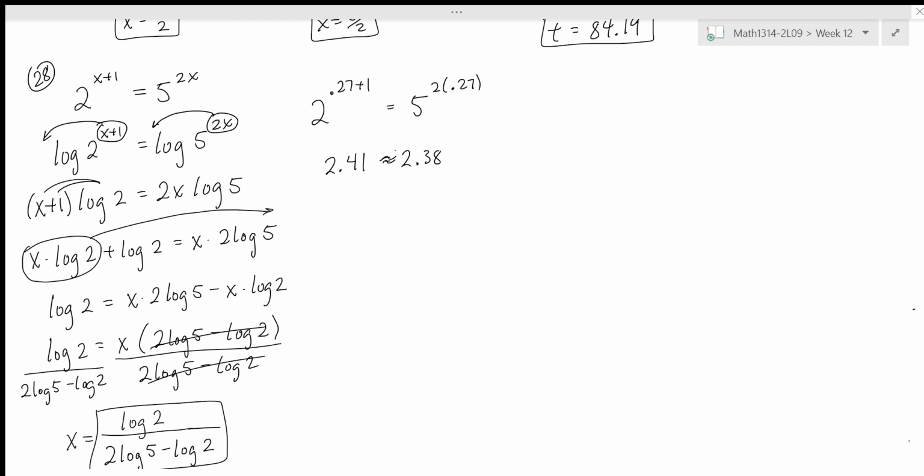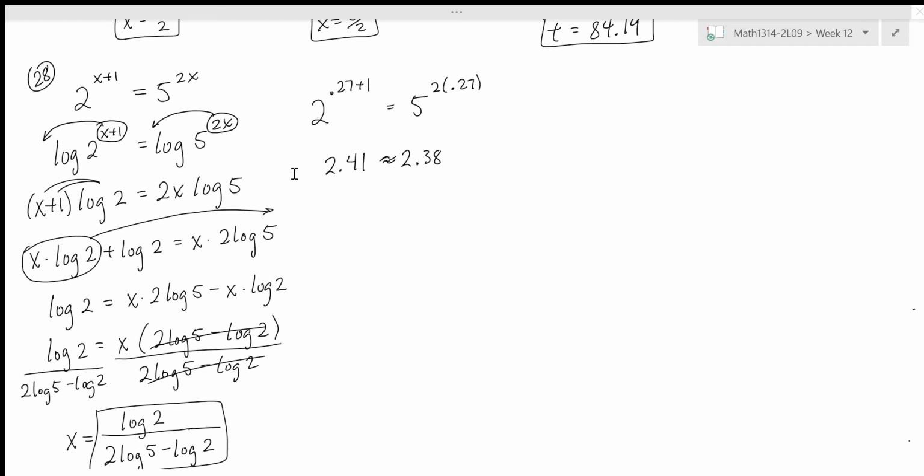So do you think that these numbers would get closer to each other if I made the 0.27 go farther? The more accuracy I can make the 0.27, the closer these will get. Yes, with more decimal places. And the last thing we're going to do before we move away from this problem is go to Desmos, because you know I can't go a day without Desmos. We're going to type in the equation and see if Desmos will just solve it. 2 to the x